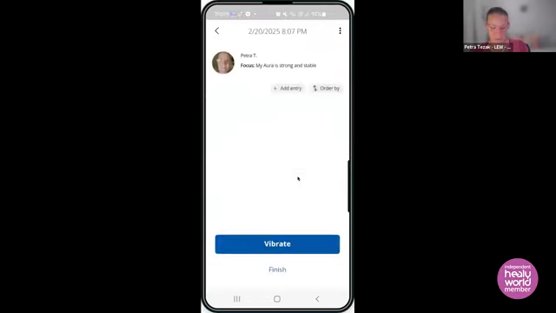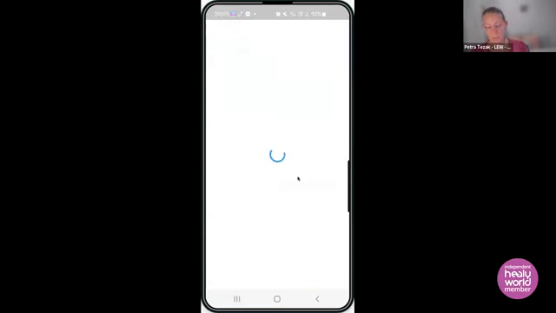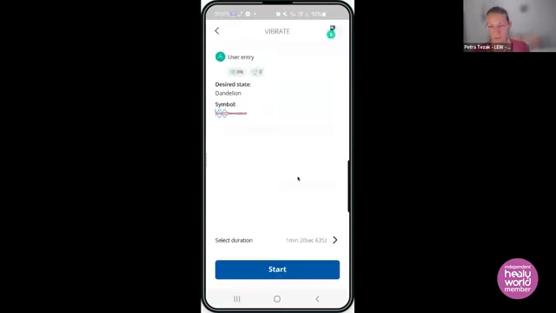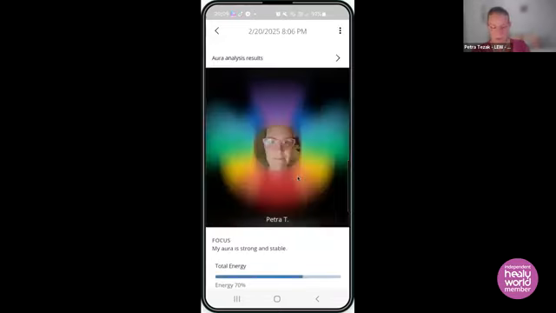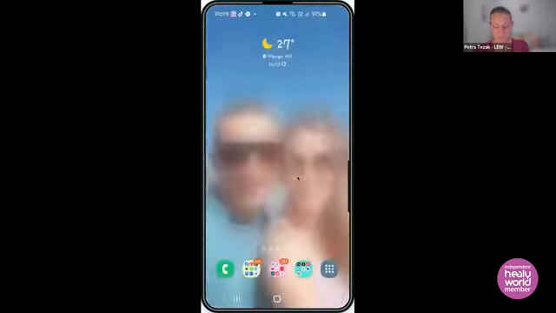And then you save it, and you have an entry of dandelion. Yeah? And then you can vibrate that list. You can add whatever you want in here, and you can vibrate that to yourself. Yeah? So that's the only thing that I would do, that you can add frequencies.